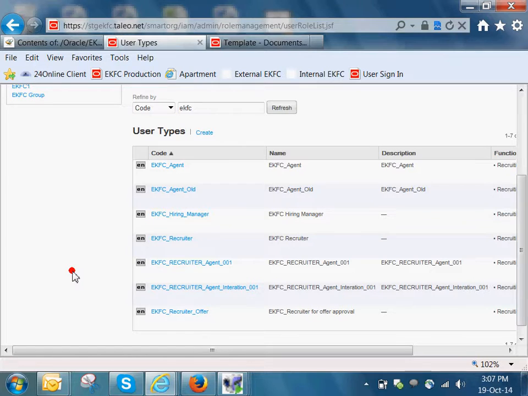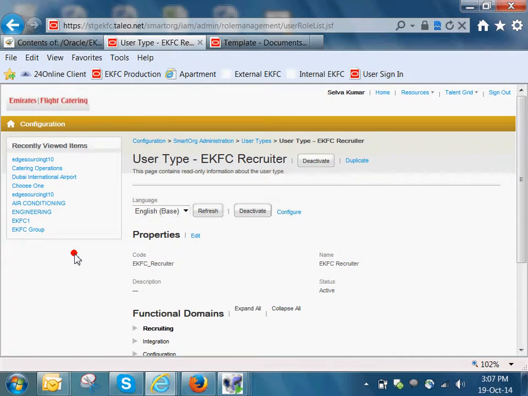Now I am taking EKFC recruiter for this presentation. I will show you what is meant by user type. It gives security, it gives a restriction or a permission to a user. That is called user type.